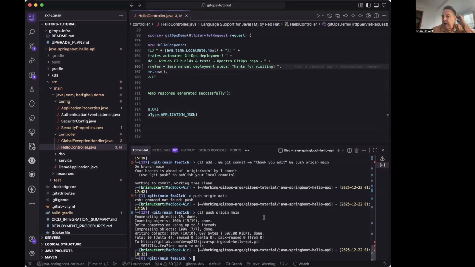Typically, a developer would have a feature branch that was checked out, and they would add, commit, and push that feature branch and then merge it to main. But for argument's sake, I'm just using main here where I'm going to do a git add, commit, and push. Also, I would be doing a Gradle build and test locally before I pushed it. But for sake of time, I'm going to just do a git add, and I'm going to do a git commit,